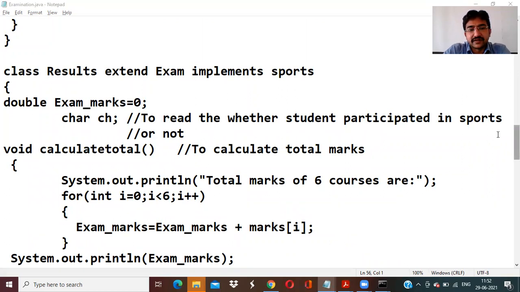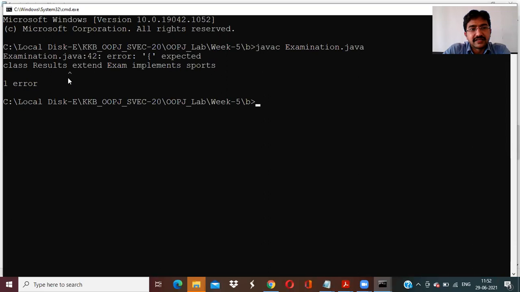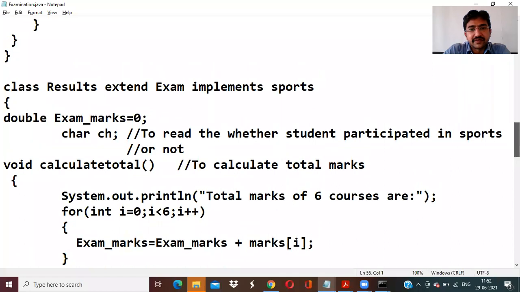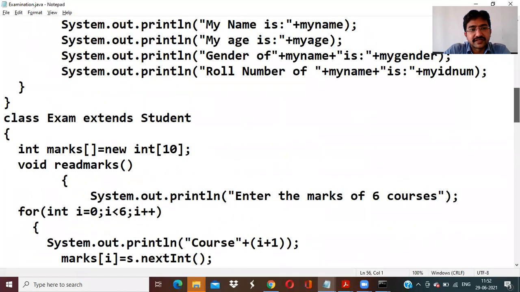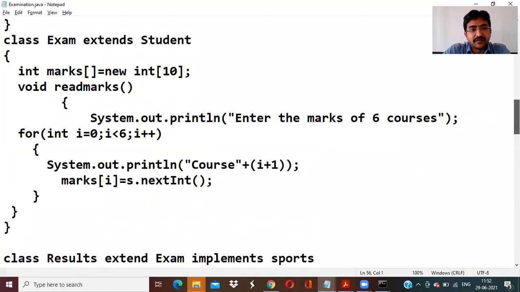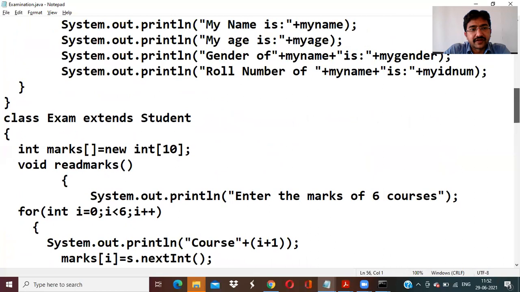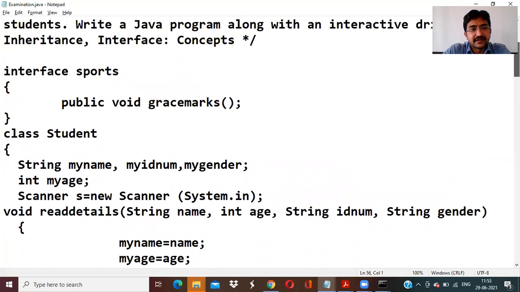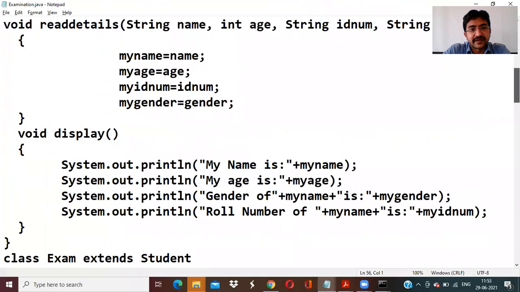Results extends implement. What is the error? Results extend. Results. Okay. Exam implements sport. Extends for loop method, and this ends. Okay, fine. Class, and this also being, and this class interface sports. Okay.